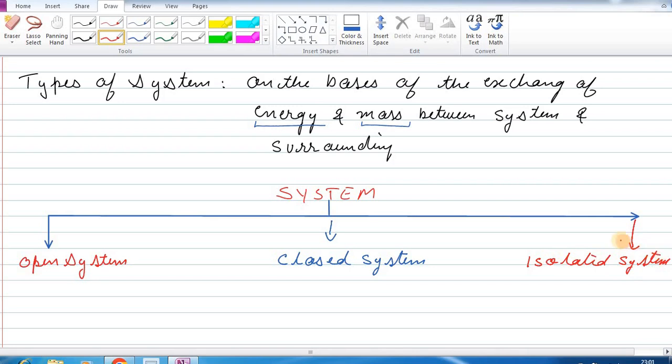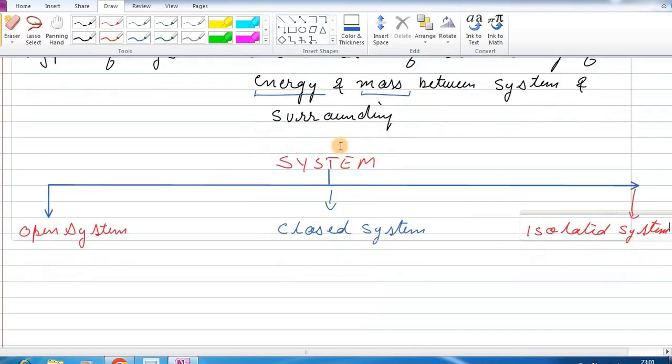So this is just based on the exchange of energy and mass between system and surrounding. System can be of three types: open system, closed system, and isolated system. And these can be defined by their names as well. For example, open system is an open category system. So open system is a system that can exchange